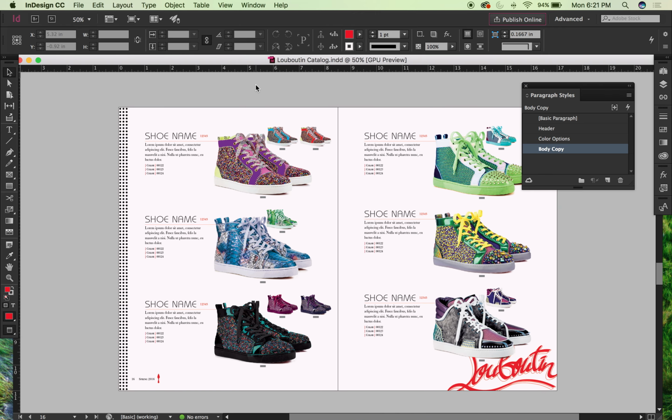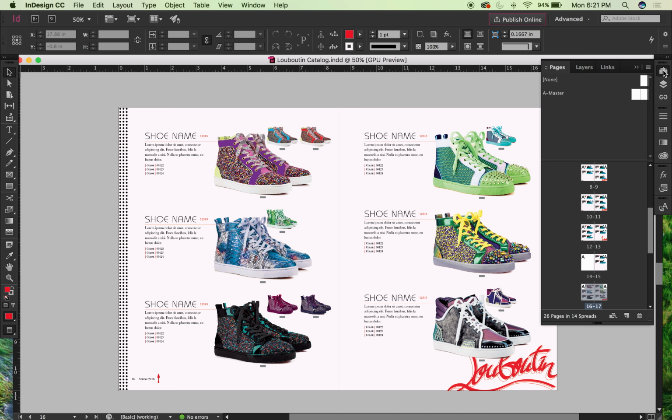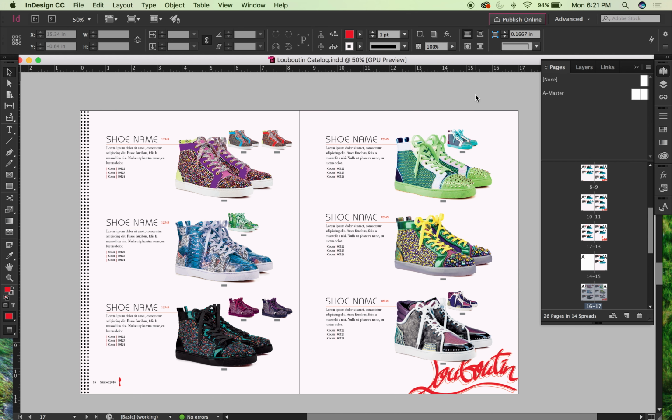So let's start with master pages. So master pages are essentially backgrounds or constants that I can apply to any page within my layout. And so the way I know that a master page is applied in the layout is you can see, it's